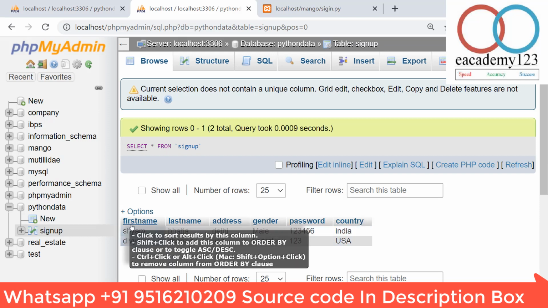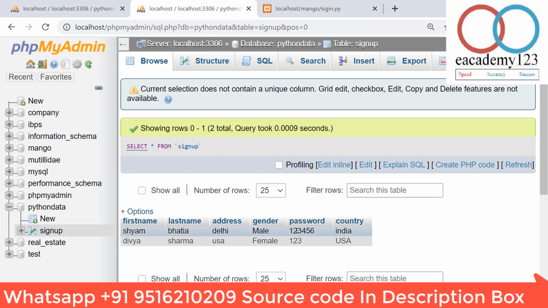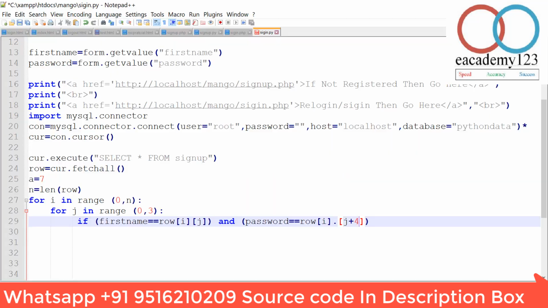So whenever j is 0, we have to access the value of password at j plus 4. So in the first turn, j is 0, then j plus 4, so it will access the value of the fourth column in the ith row, and i is the row value, so I can access it.